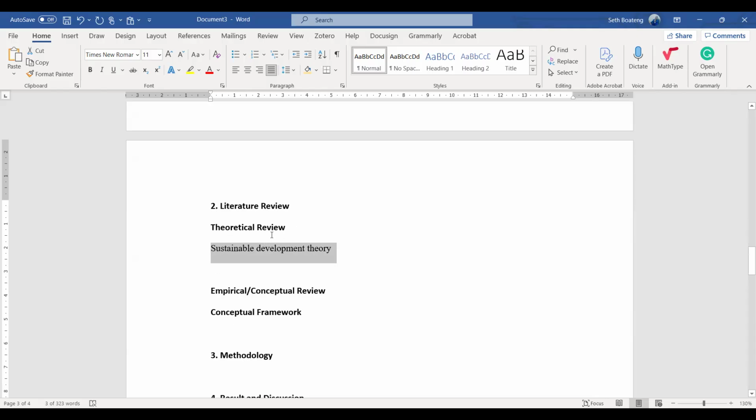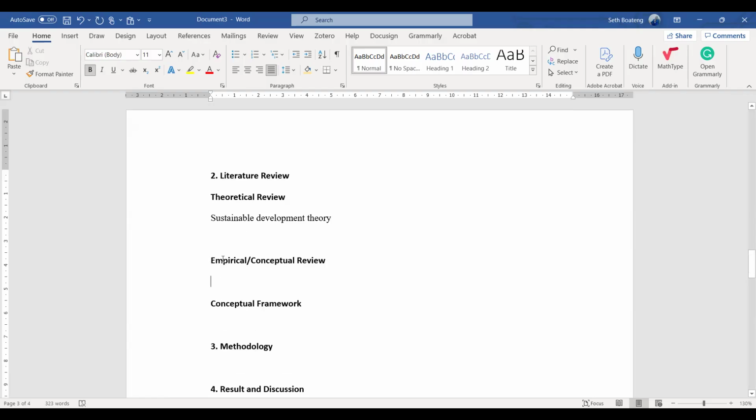If you are also developing a new theory in addition, you have to explain it. So this study, I think we're doing theoretical contribution. We're contributing to the sustainable development theory in a developing country context. Yes, so we will explain everything about sustainable development theory and how it explains the study.